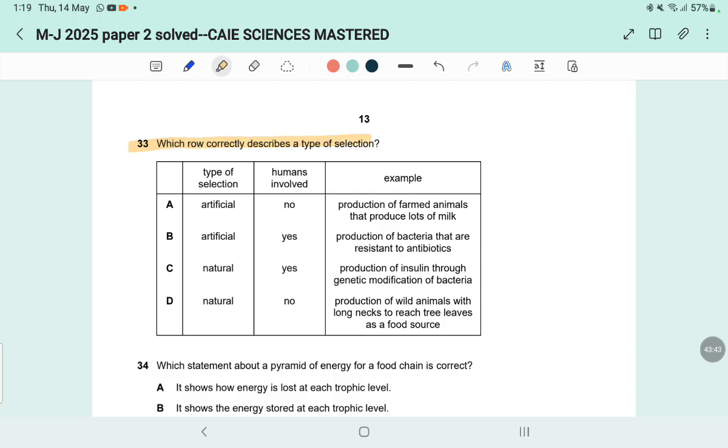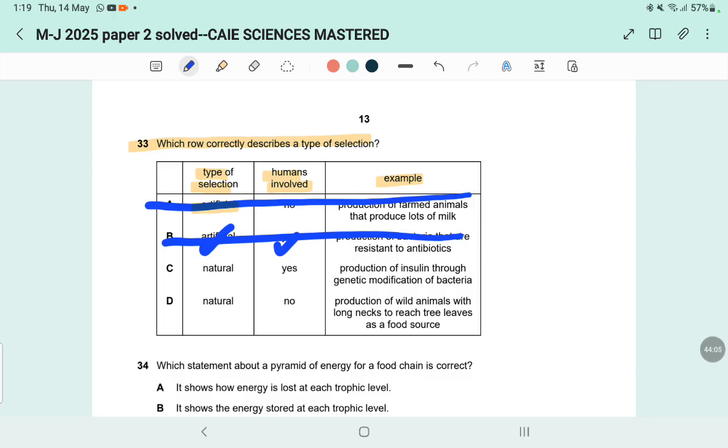Which row correctly describes a type of selection? Okay, type of selection, let us read together. Type of selection, humans involved, and an example. Okay, artificial, of course we need humans, so basically A is wrong. Artificial, okay, this is correct. Example: production of bacteria that are resistant to antibiotics. Well, this is not correct, because